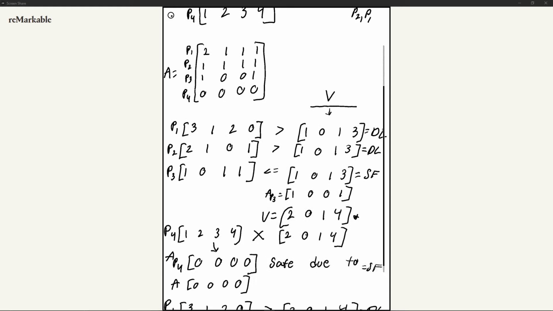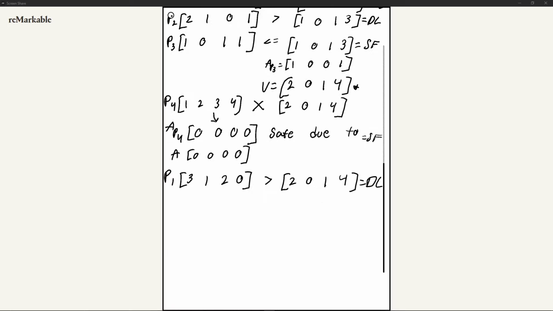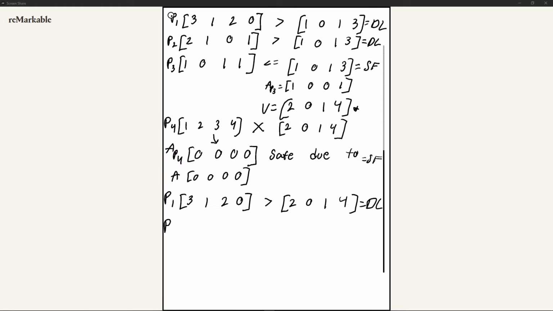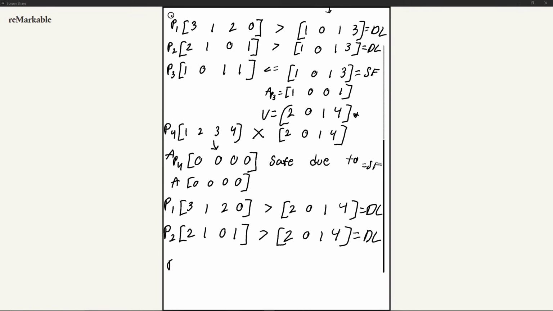In fact, I'll just rewrite this here. Now we can compare our P2, our brand new vector of 2, 1, 0, 1, and we compare that to 2, 0, 1, and 4. Is 2 less than or equal to 2? Uh-huh. Is 1 less than or equal to 0? No. That means this is greater than. This is also deadlocked. And now with nothing left, we can fully assume that P1 is deadlocked,